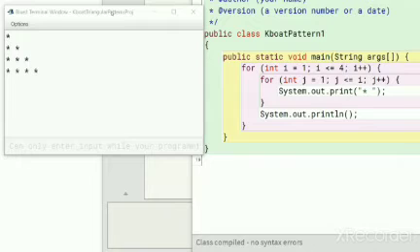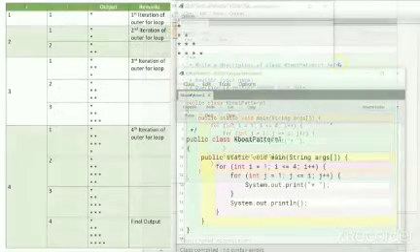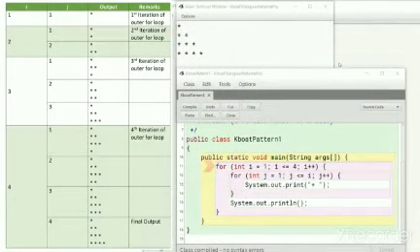Don't worry if you are still a bit unsure about how this program is printing this pattern. I will explain the line-by-line execution of the program with the help of this table. The outer for loop starts by initializing i to 1. Next, the inner for loop initializes j to 1. After that, this print statement prints this star. j becomes 2, so condition of inner loop is false. Program control comes to this statement and prints a new line. Now whatever we will print after this will start on a new line.